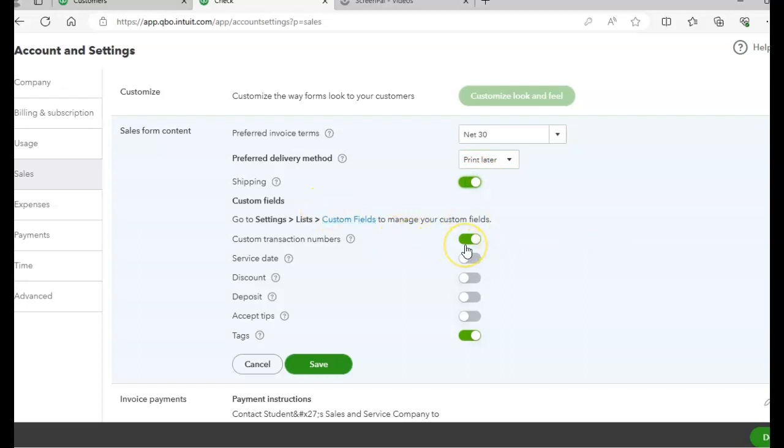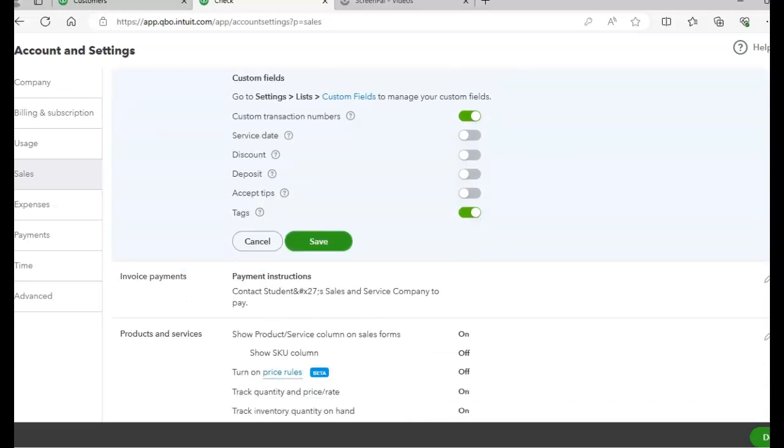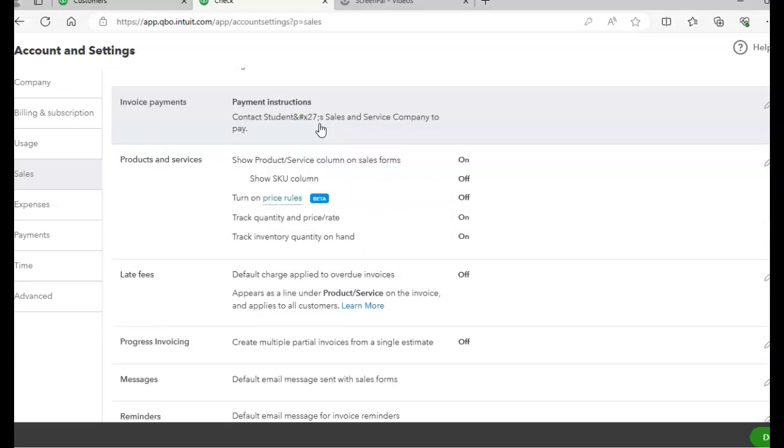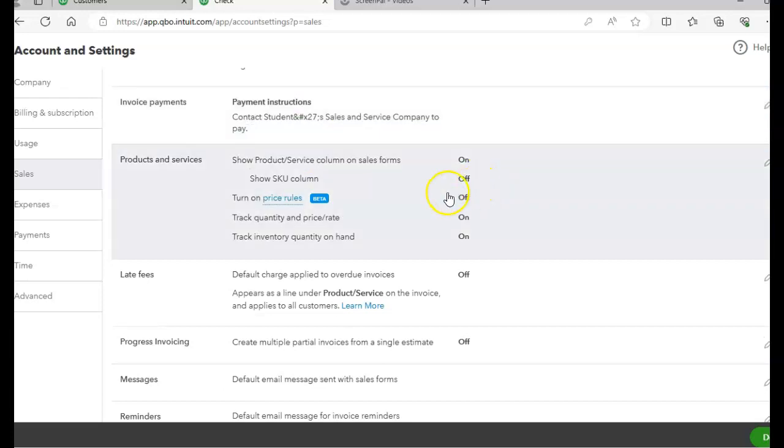Customer transaction should be on. The tags should be on. So if we scroll down a little bit for our products and services, show product services, that should be on. Track quantity, that should be on. And track inventory. So everything looks to be okay. So I'm going to go ahead and click on the save button for those settings. Click next on my expenses,